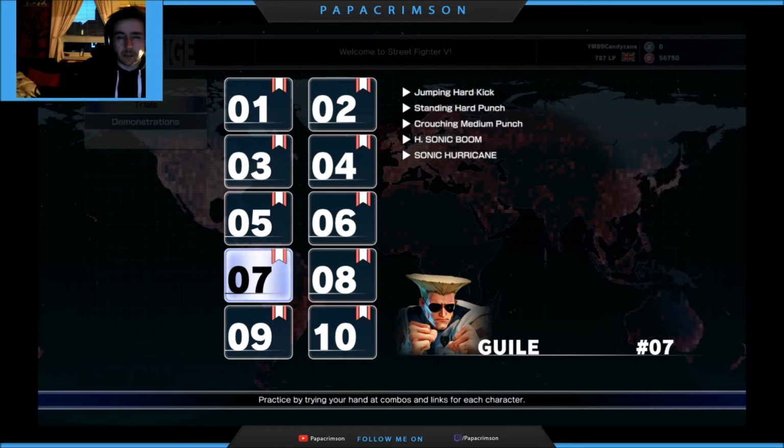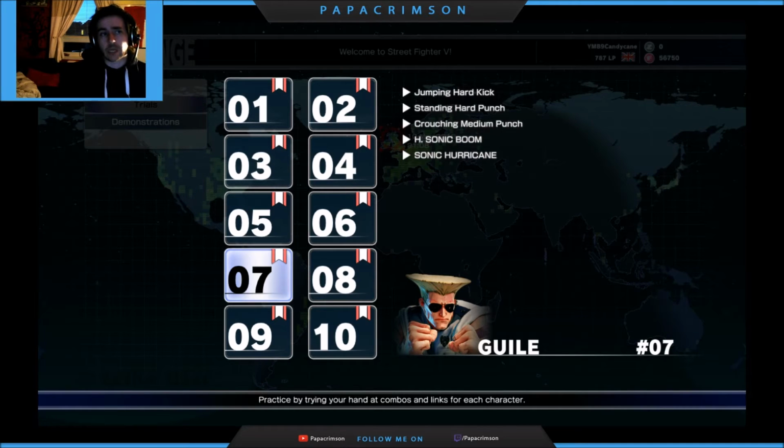It's just more really getting the practice for the standing hard punch into the crouching medium punch, for the timing to cancel that with the sonic boom. The combo itself is not difficult. You can certainly do standing hard punch, crouching medium punch extremely easy. The difficult part is getting to the position to have the charge for the heavy sonic boom. It has to be the heavy sonic boom version as well. I think the medium will work. I'm not sure. I've not tried, but